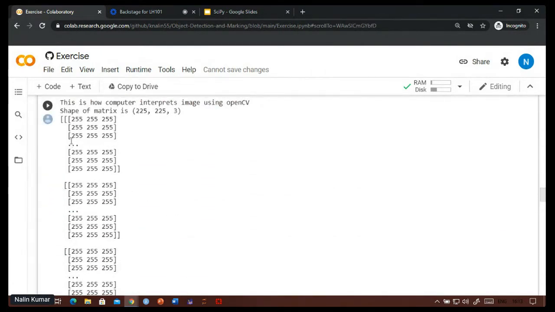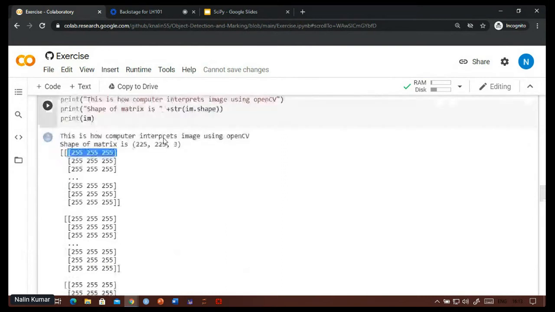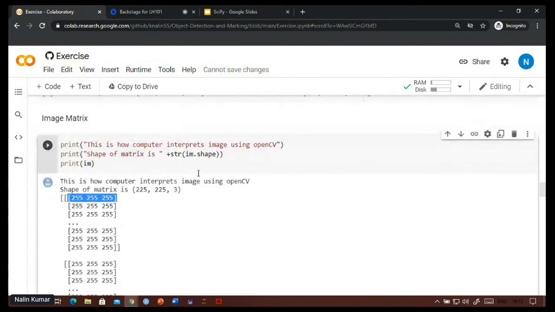So you can see this matrix with each element. This is a single element of the matrix: 255, 255, 255. This one is for OpenCV, the matrix formed when we read the image using OpenCV. So this is blue, this is green, this is red.